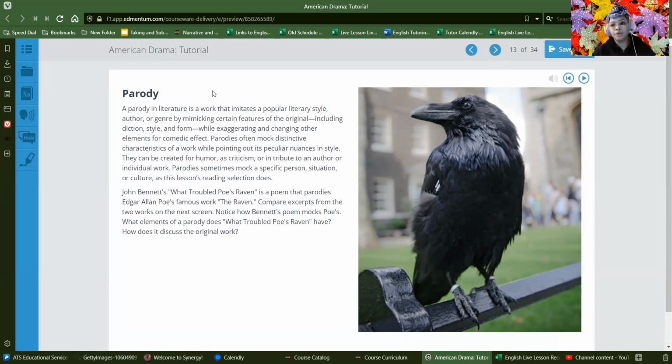Now, there were parody books back in the day, before film, before different types of novels came out. Parody happened in plays a whole lot. So pretty much you would have people who would write their own version of a story and change up some things to show, isn't this ridiculous?